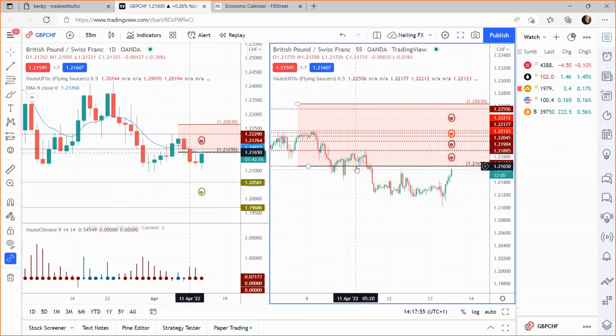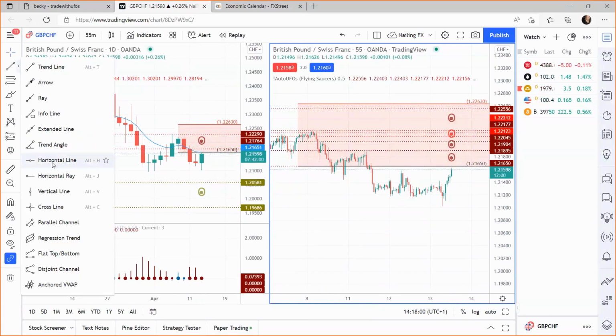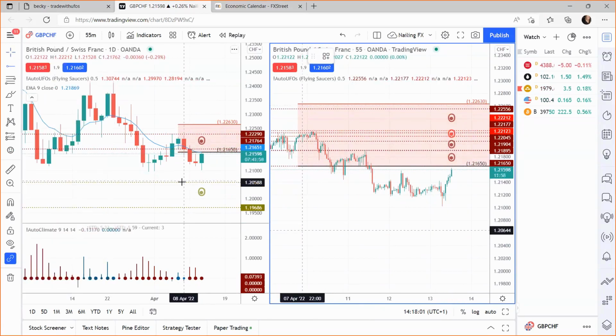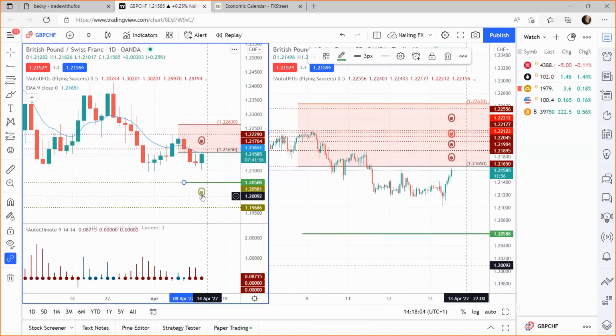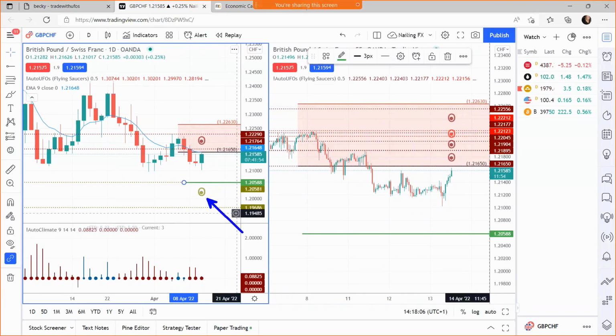So our entry is the black line, our stop is the red line. We will place 2 different targets. Our final target is going to be where this UFO is. This UFO stands for unfilled orders, shows us where buyers are. So if we're selling in the context of sellers with sellers and sellers, the only thing that can stop sellers is lots of buyers. So we don't know if new buyers are going to come into the market, but based on what we see right now, we have buyers between these prices,